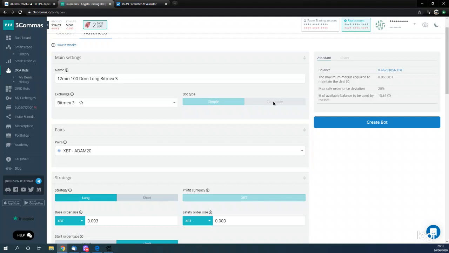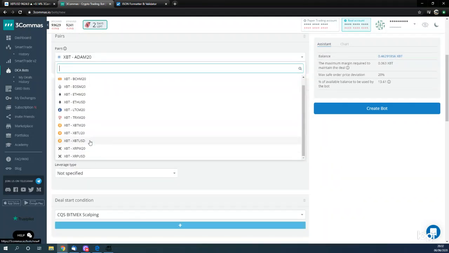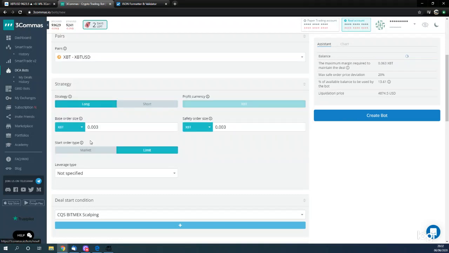This one is going to be, obviously we know the pair, the BTC pair here. And this is going to be the long strategy. We're going to have a base order size of 2,000, and I'm wondering whether we will try a safety order for a change, because we don't normally have them,